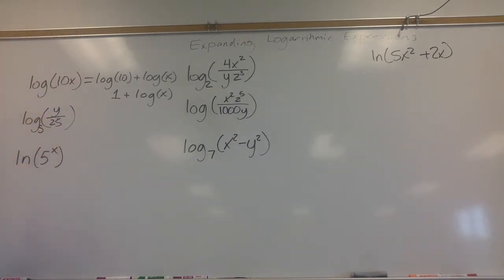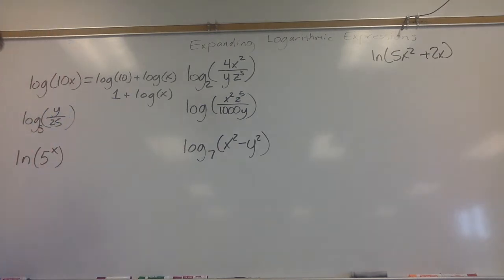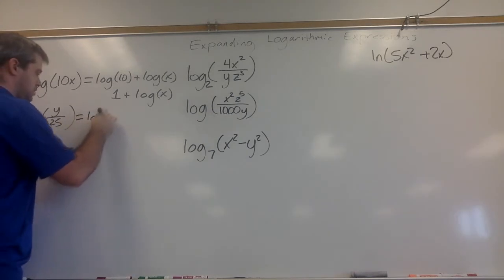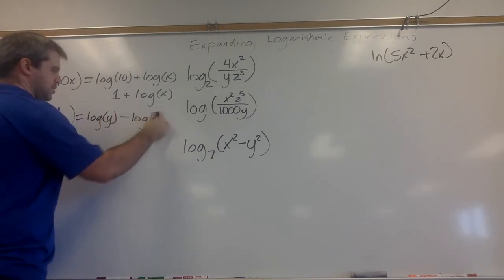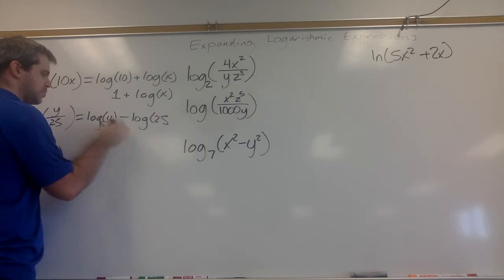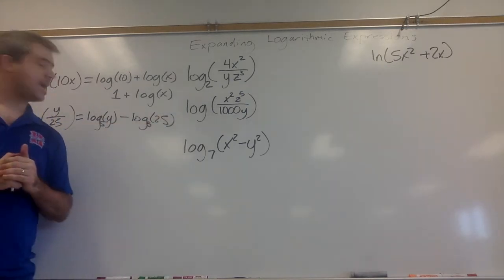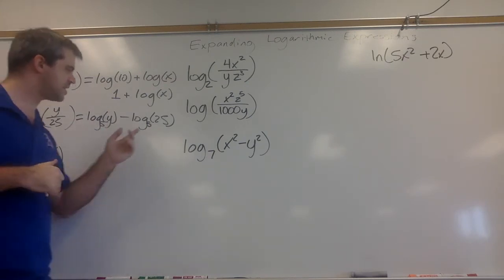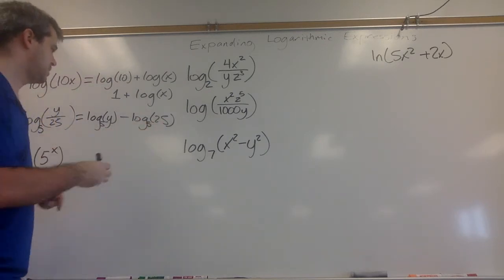Let's take a look at this guy. It's very similar, except for this time we are dividing instead of multiplying. So that's going to result in subtraction. So whatever's on top minus whatever is on bottom. Need to make sure we've got the same base here. Okay. Now, again, this is kind of nice, except for this is even nicer because log base 5 of 25 is